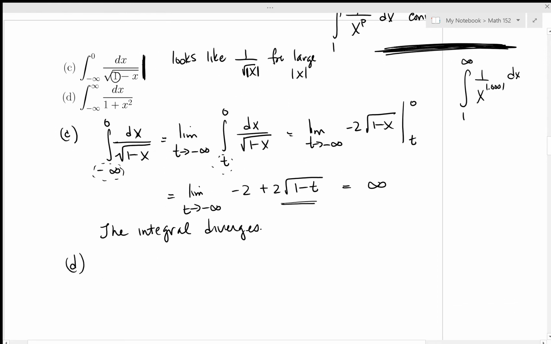Okay, before you hear me say it, commit. Look at it and wonder, does this look like it will converge or diverge? And first, also notice that both the limits of integration are arbitrarily large. Okay, so I'm looking at this and I'm thinking to myself, for large x, so I'm looking at this guy here, and it's dx over 1 plus x squared. And I think for large x,